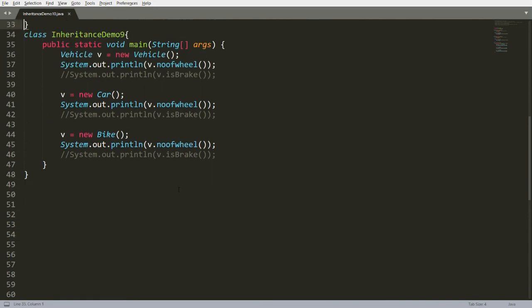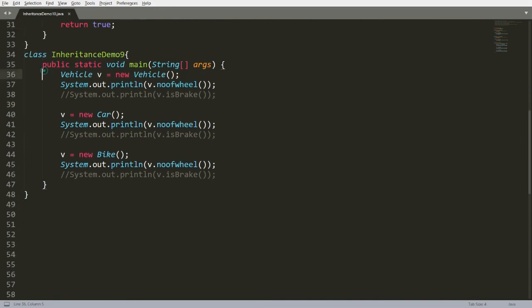So what to do in this case? Very simple. Instead of creating an instance of Vehicle, you can create a reference of Vehicle. So you can write Vehicle v = new Car(). Then this v is referring to a Car object.